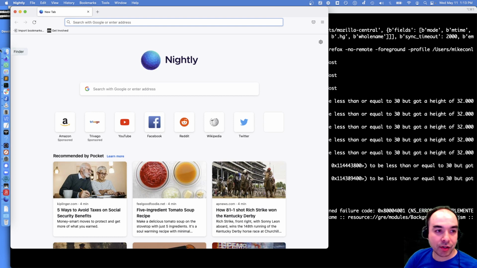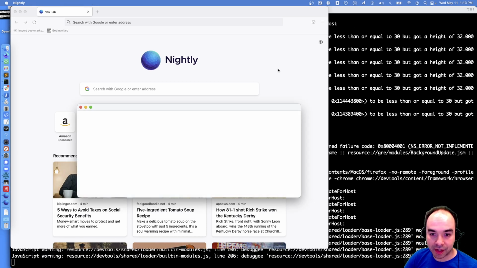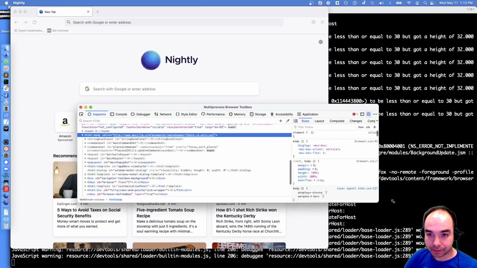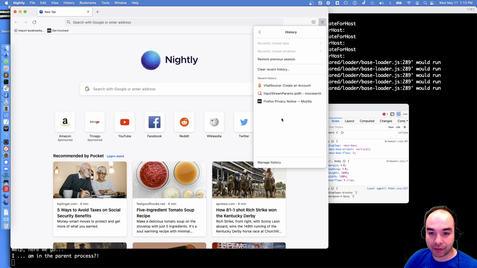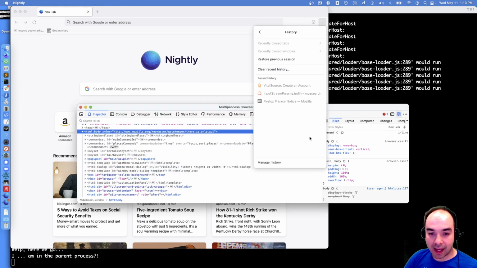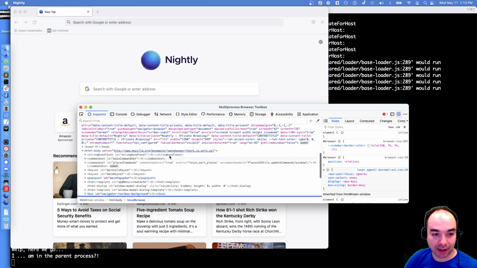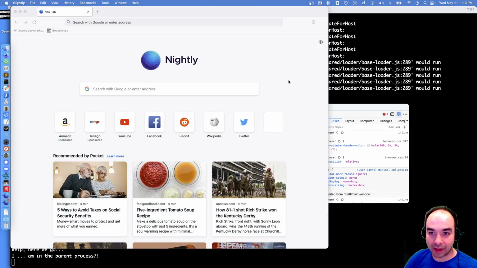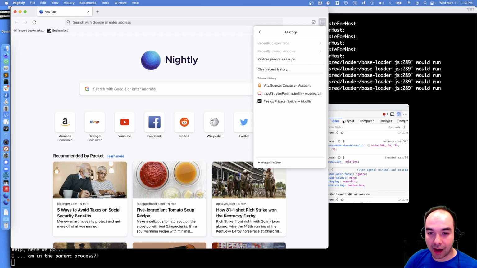So what is the page icon protocol? Let me pull up the toolbox debugger and we can take a look at an example of us using the page icon protocol. This is an instance of Firefox where I've got some browsing history. I've gone to a couple of different websites, and I've got this list of recent history entries. And hang on a second, I actually have to work around a bug before I forget. There's a bug in our toolbox where if I highlight the body, opened pop-ups go away and then they don't reopen. So now that I've worked around that, we've got our list of icons here.